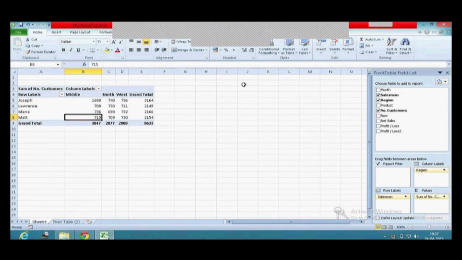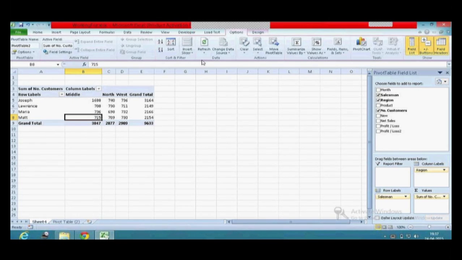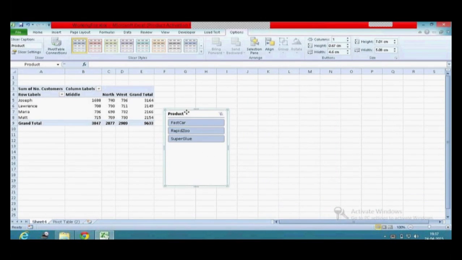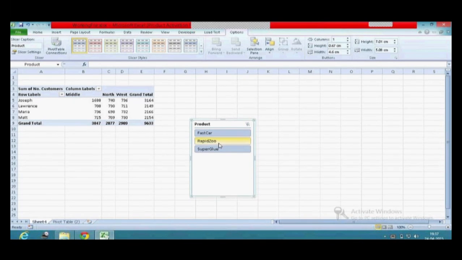Now you see the products that are available. So this is a very dynamic option. I can apply the filters. So I'm choosing the product. When I choose the product, automatically you can see that the filters will happen. If you want to remove the filter, you see the option here. You just hit it. It will get you all the products. And you can also delete the slicer just by hitting the delete key on the keyboard. The slicer is gone. Slicer is a new option that is available from the 2010 version of Excel.